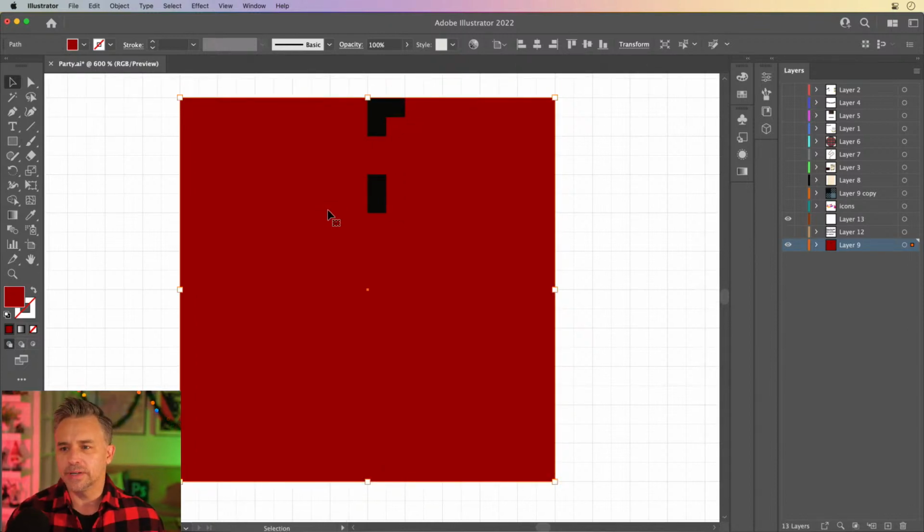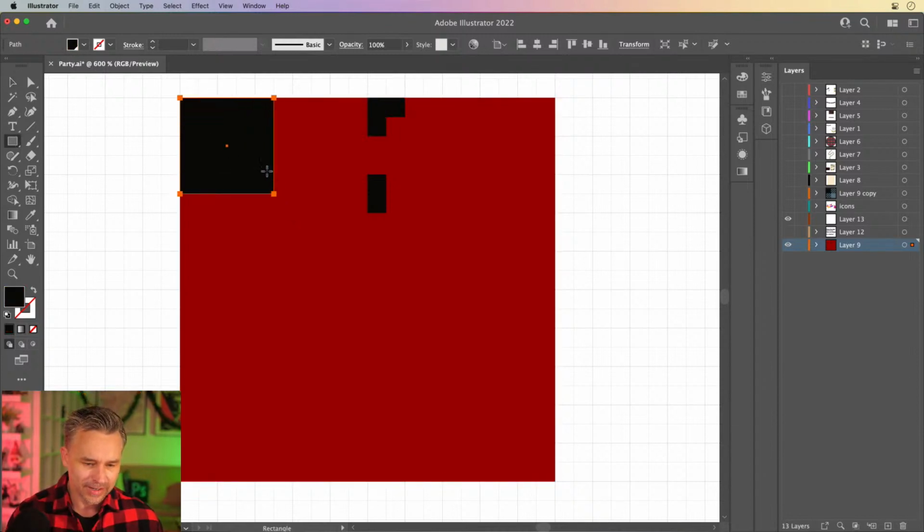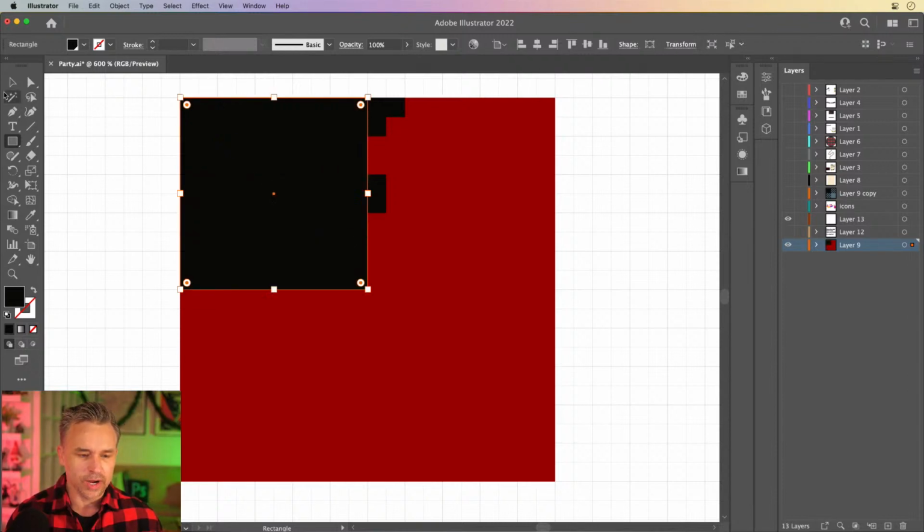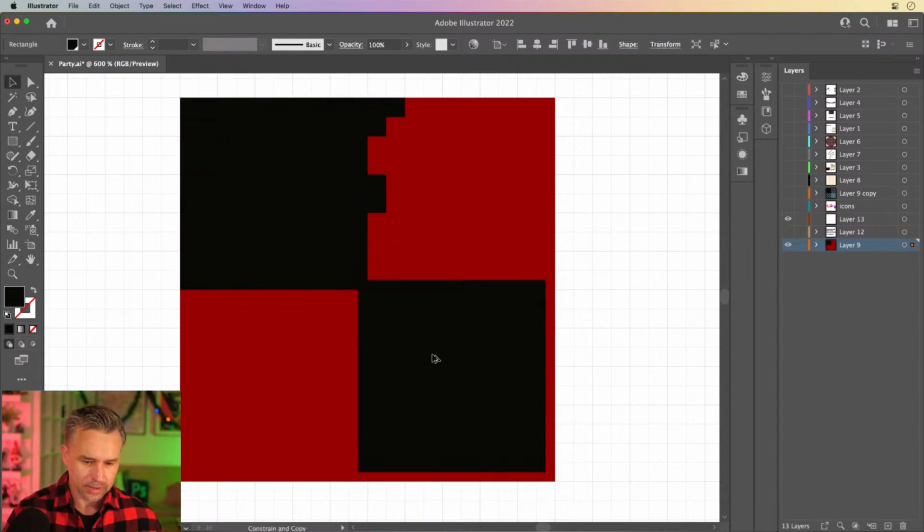Guides and grids, who would imagine? Yeah, groundbreaking feature there. I mean, it is very helpful. Hold down the shift key just to constrain it. I want to have a black and